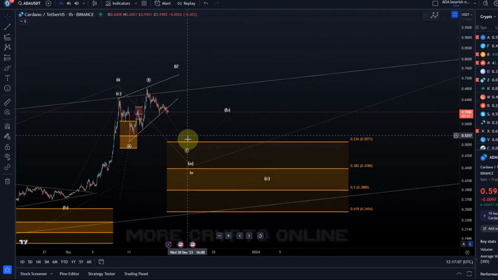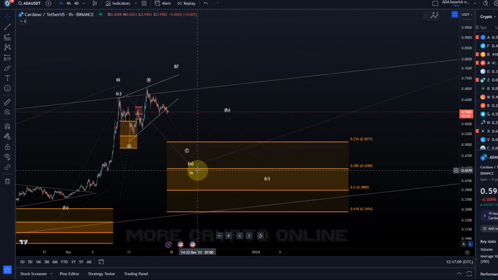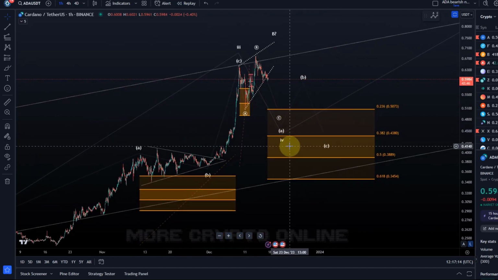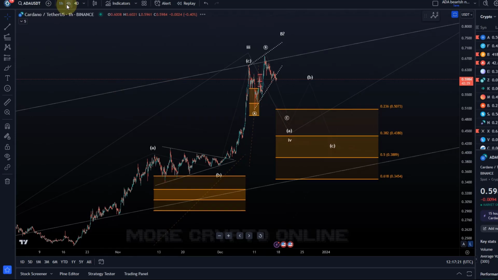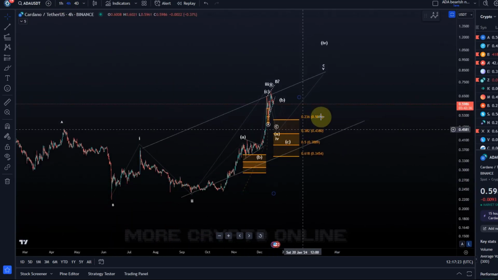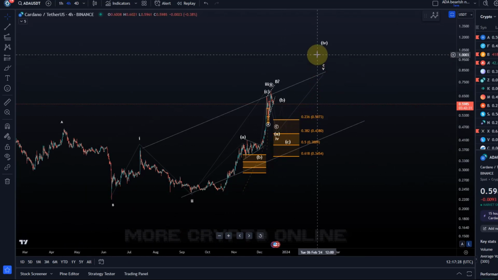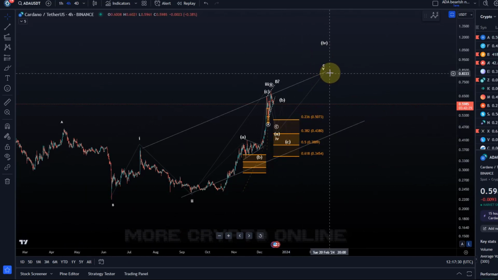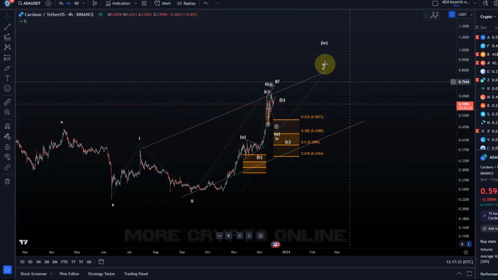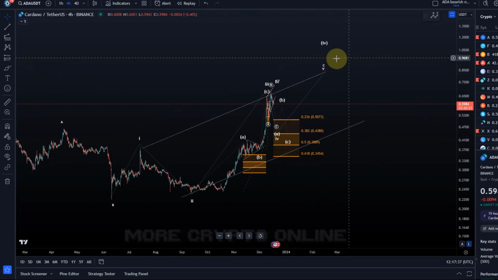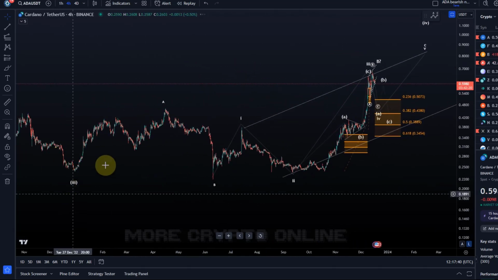I think once we get closer to the support area, we get a good reward to risk ratio again for a potential 5th wave to the upside. But as you know, a really reliable trade setup, which I think is suitable for most people, is not going to happen before we have 5 waves up and then a 3-wave pullback, because that is going to be a 1-2 setup, or it will at least tell us if something more bearish is playing out. This is still only 3 waves up. Even with 5 waves up, as I said before, it could just be the completion of a larger corrective ABC structure